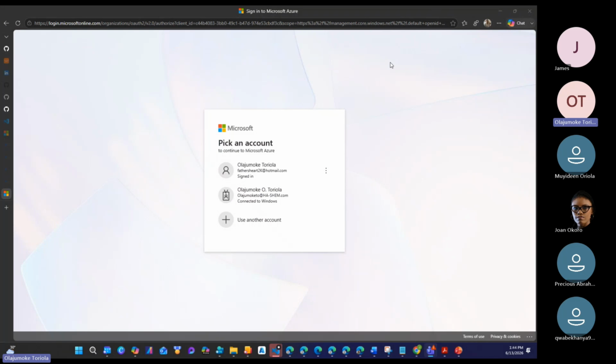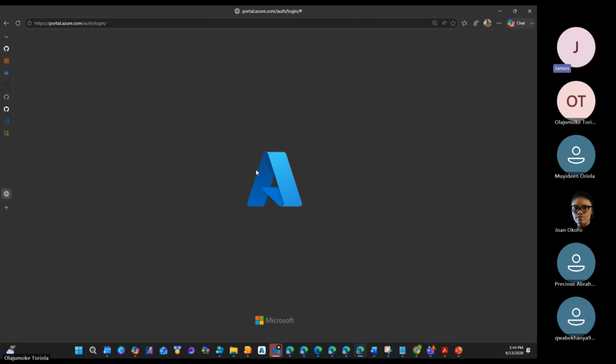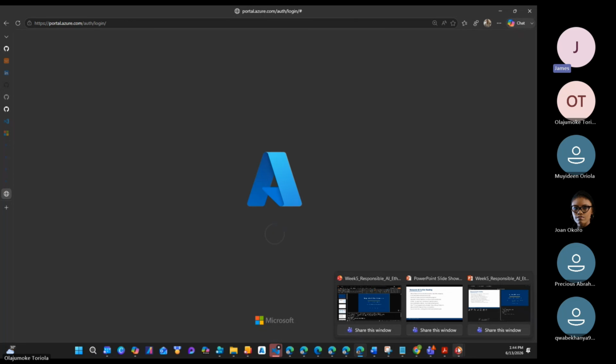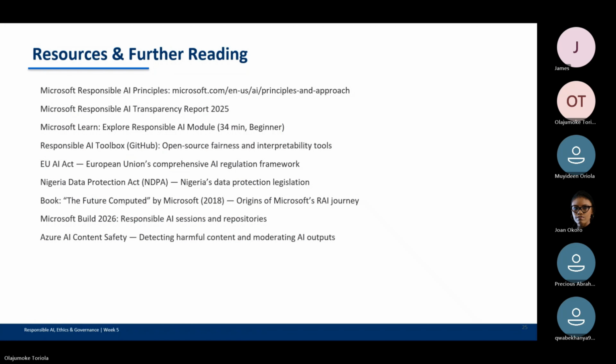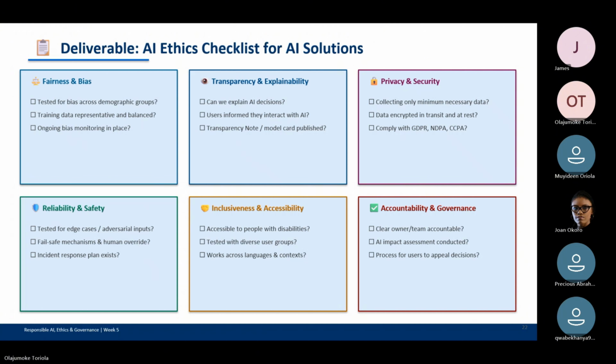Yes, James, go ahead. Yeah, sorry, please. Before you move forward, can you bring again the slide that has the principles? Okay. See the checklist for AI solution. Okay, yeah. Oh, yeah, fine. It's okay. Let me see if I can do a screenshot for you guys. Yeah. Good.